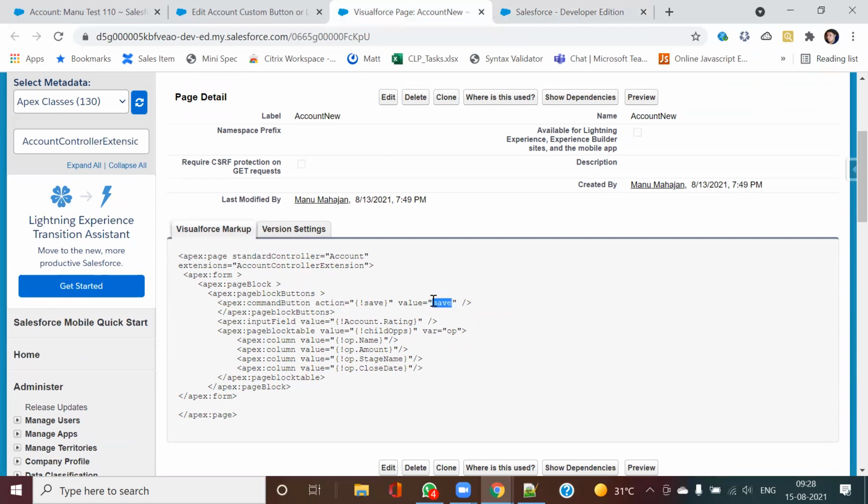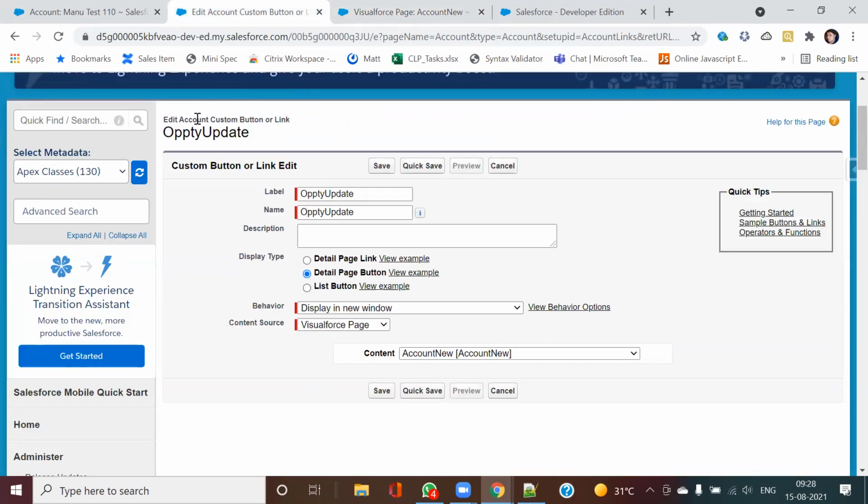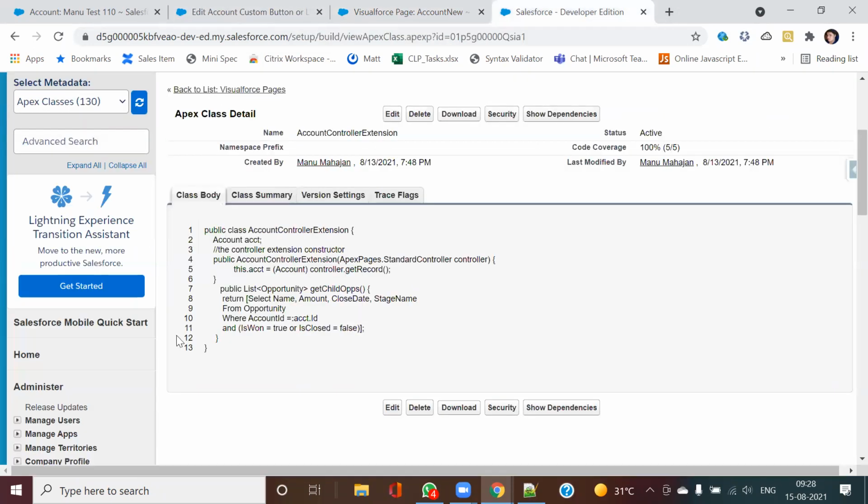Once this button is clicked, my account record is getting saved. In case I had to perform some operation, I would have explicitly called that save button and overridden it. But currently, I am not changing any behavior, so that's why I did not have to call it.